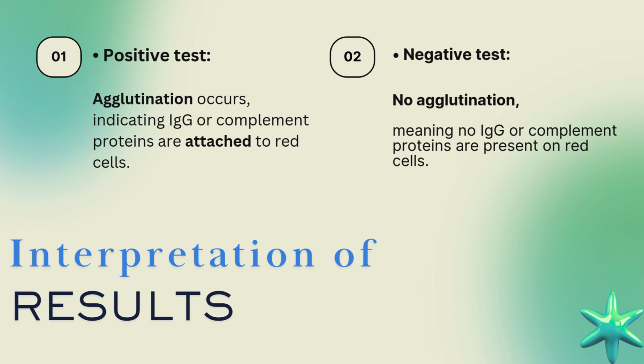This is a crucial finding because it helps us rule out certain conditions related to red cell sensitization. On the other hand, a positive result is indicated by agglutination. This suggests that IgG antibodies or complement proteins have indeed attached themselves to the red cells. This attachment can be indicative of underlying conditions that